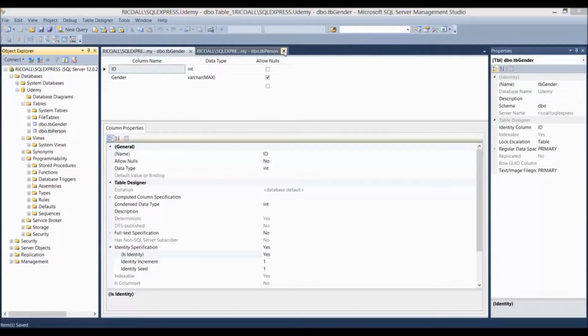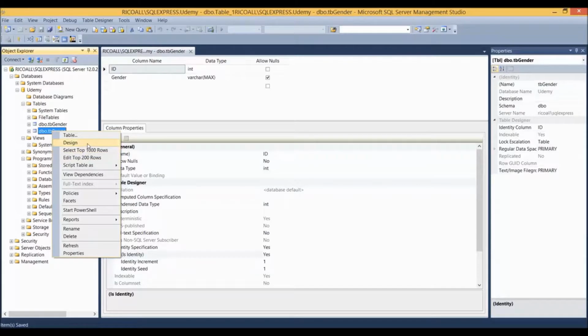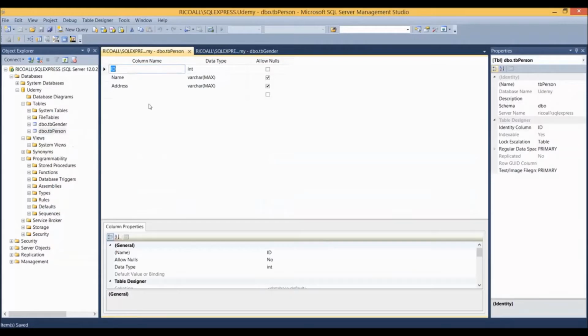Awesome. So what we have to do now is go in and edit our first table, TB person, and add a field in there called gender ID. So let's go ahead and do that. We're going to right click, and we're still going to do this through the UI. Later on we're going to do this through actual SQL statements, but in the beginning let's just make some massive progress by using the UI. So we're going to add a new field, and it's going to be called gender ID. And this field will be an int,